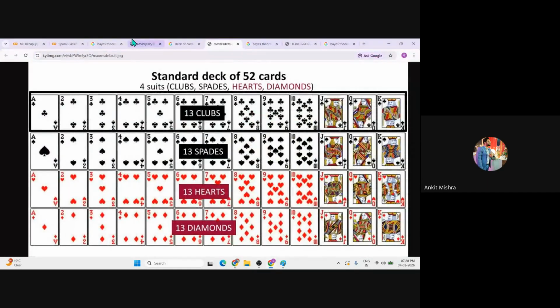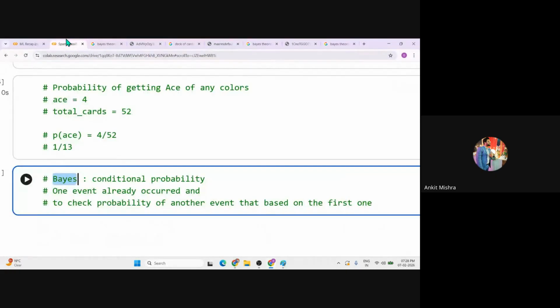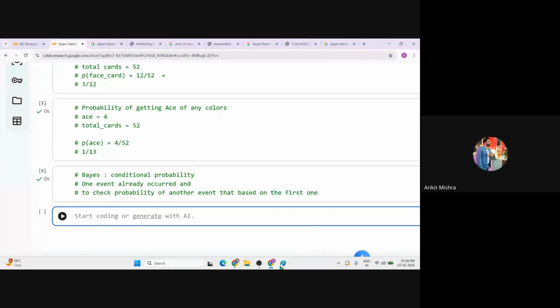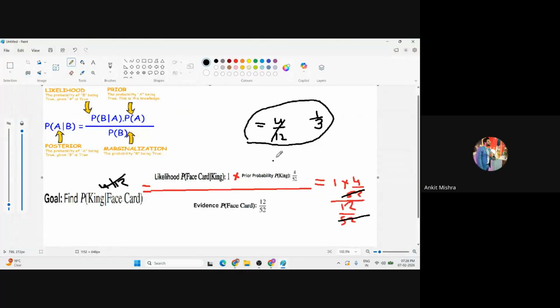So this is the complete explanation of the conditional probability, right? Now you can just take a screenshot, and now you got the point why we took the example of this king, face card and the queen card, so that you can relate how to connect it with the conditional probability. Although you can directly get the answer, you have to solve this with the help of the likelihood, prior and the marginalization, and sometimes we refer to this as the evidence, the probability of evidence as well, right?